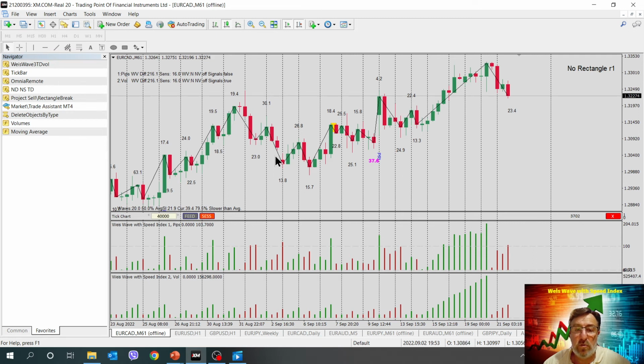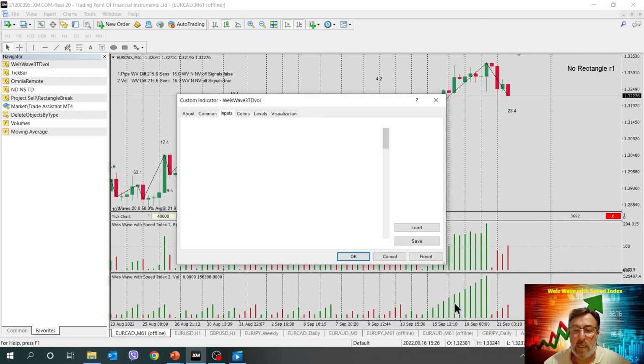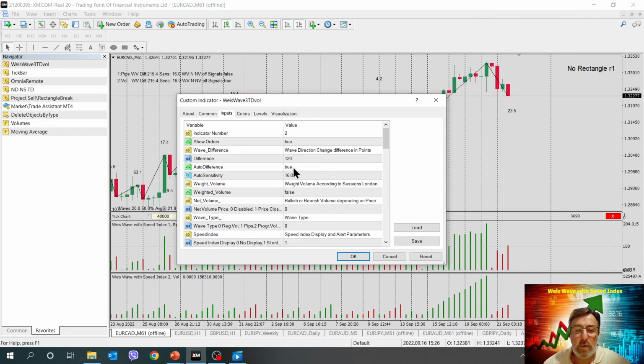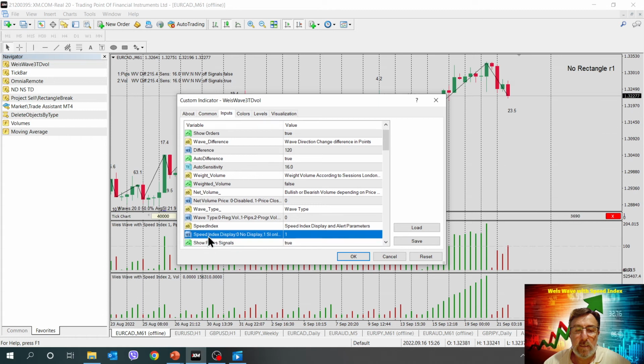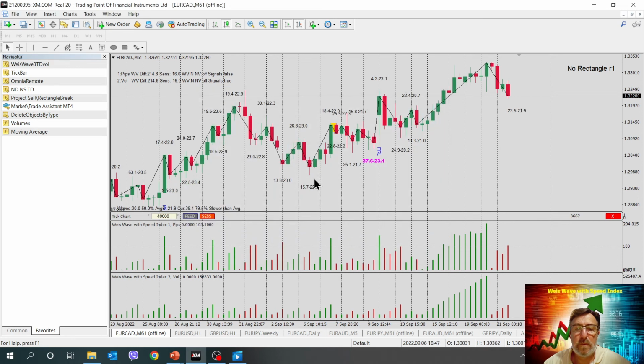So let me show you how I can display speed index and the average. I will just double click on the indicator and I will drill down where it says speed index display, and I will choose the option 3, and the option 3 means display speed index and the average speed index, and there we go.